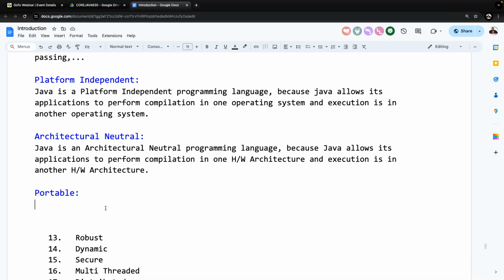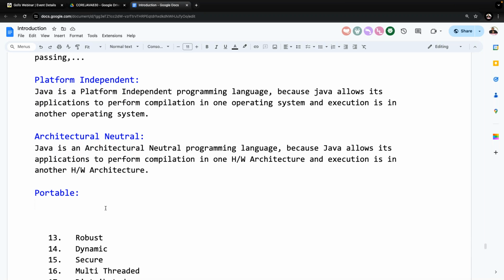So is this program a portable program or not? At the end, can this program run in all operating systems and all hardware systems or not? Because of that reason, this is a portable program.